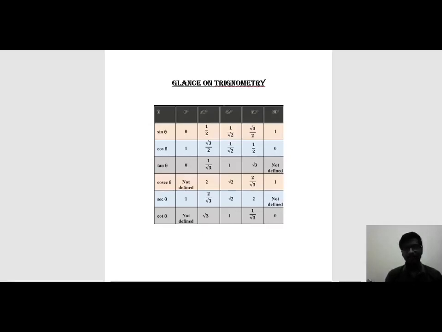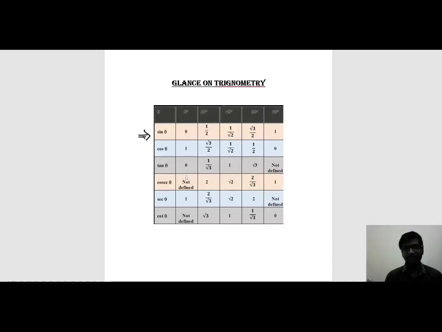In order to deal with these values, I'm not going to tell you that you have to learn each and every value of this table by heart. The only thing I request is that you know the first row. There are 5 values: 0 degree, 30 degree, 45, 60 and 90. Sin 0 degree is 0, sin 90 degree is 1. That is straightforward. The other 3 values you have to keep in mind.